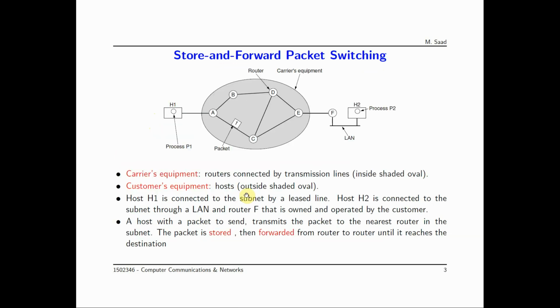Connectionless service means the following. If host number 1 has a message that needs to be sent, if this message is large, the message will be divided into smaller packets. Each packet will have a header that carries the full address of the source and the full address of the destination, and then the packet will be injected into the network. Bottom line, different packets get injected into the network independently. They get routed in the network independently. It is possible that different packets that belong to the same message take different paths in the network. So here, packet number 1 may go this way, packet number 2 may take another path or another route, depending